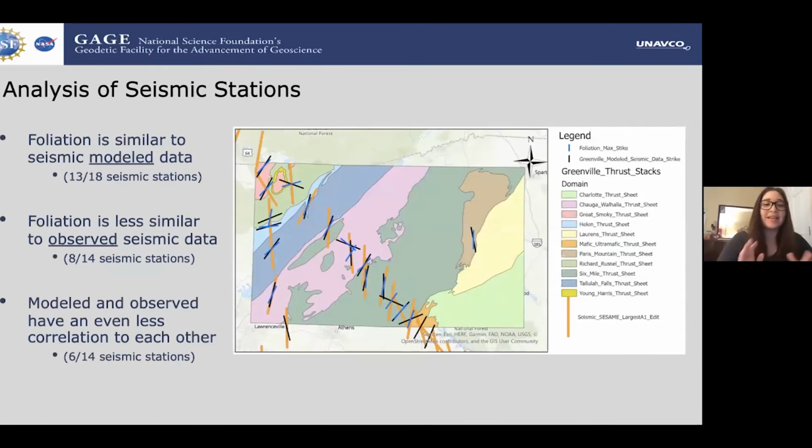Okay, so in this analysis of seismic stations, we are presented with modeled seismic data, foliation, and observed on top of each other. As Makayla stated earlier, foliation is the most consistent fabric throughout the whole Greenville Quadrangle, so that's the only one we use. If we compare these together, we notice something. The foliation appears to be the most similar to the modeled, where foliation is blue, modeled is black, throughout the seismic stations,